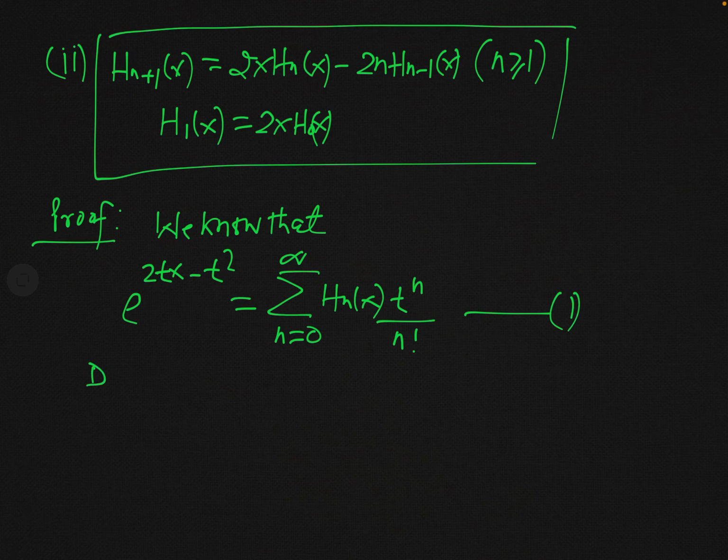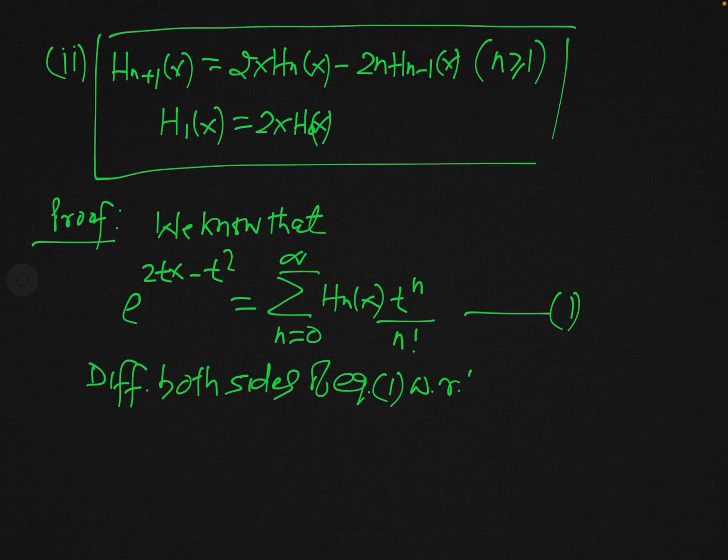So differentiating both sides of equation 1 with respect to t. It is understood that we are keeping x equal to constant. So what will be our result when we will differentiate it with respect to t, keeping x constant? You can see easily this will be simply